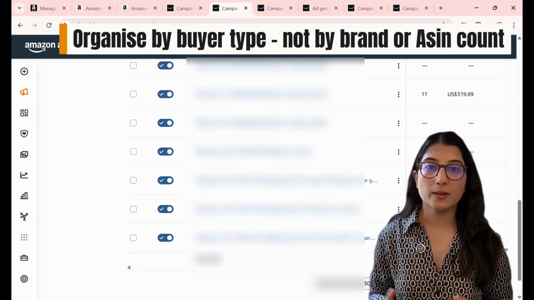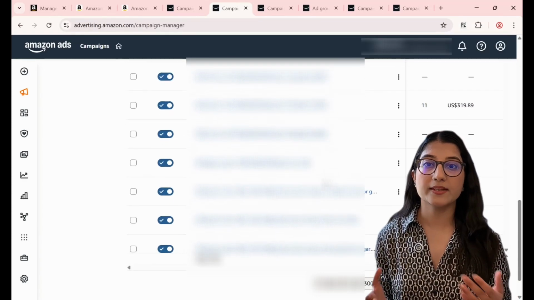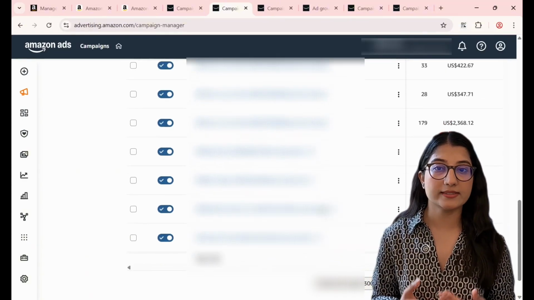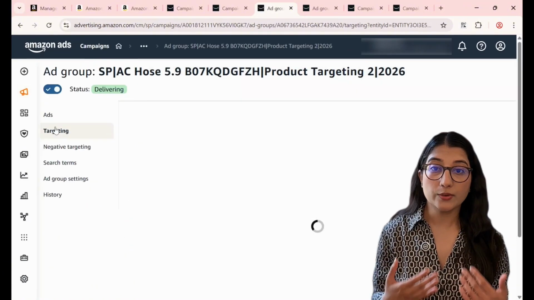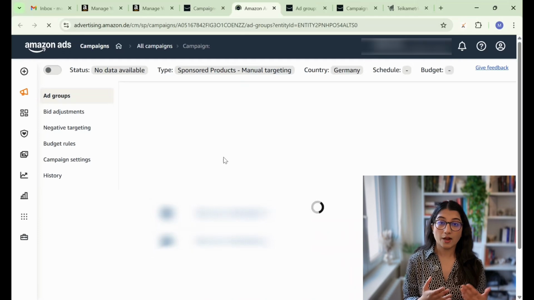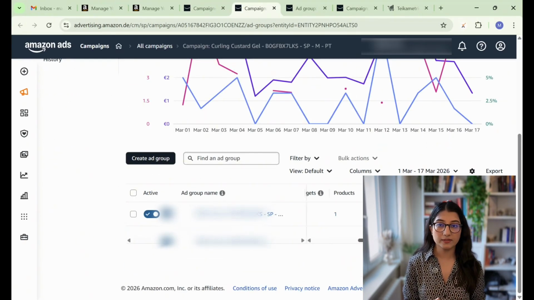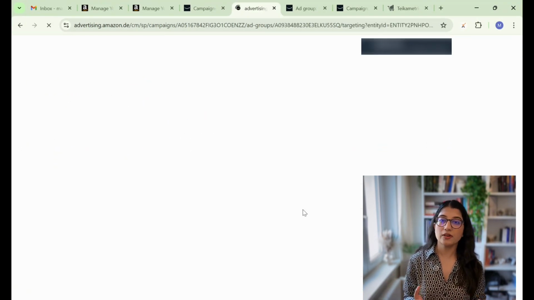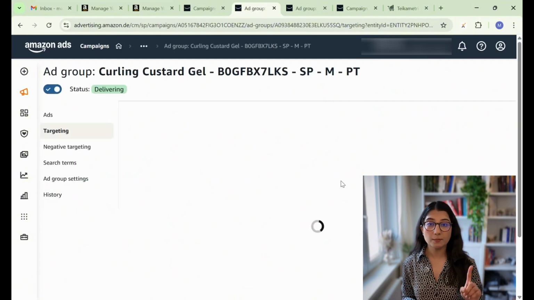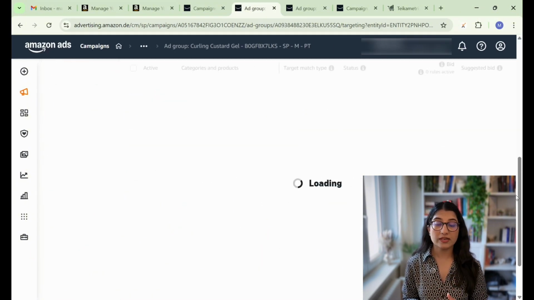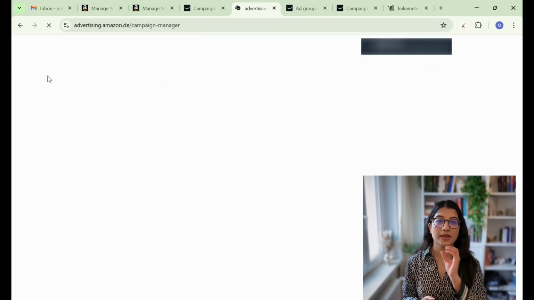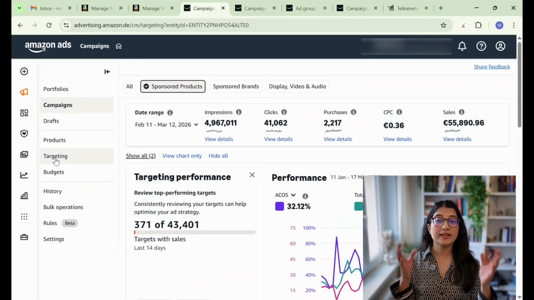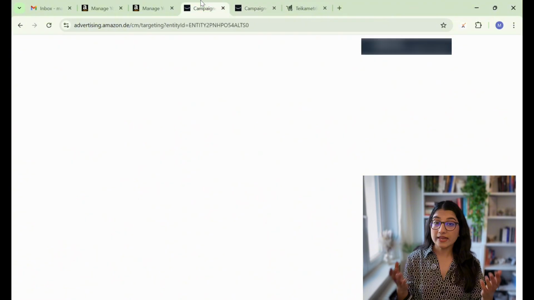When you separate your competitors into these groups and create a dedicated sponsored product ASIN targeting campaign for each group, something powerful happens. You can now see clearly: are we winning against the budget buyers? Are we losing to the professional grade competitors? And why? If your click-through rate tanks against one competitor group but performs well against another, that tells you something is misaligned between your main image or your offer and that specific type of buyer. You can actually fix it.